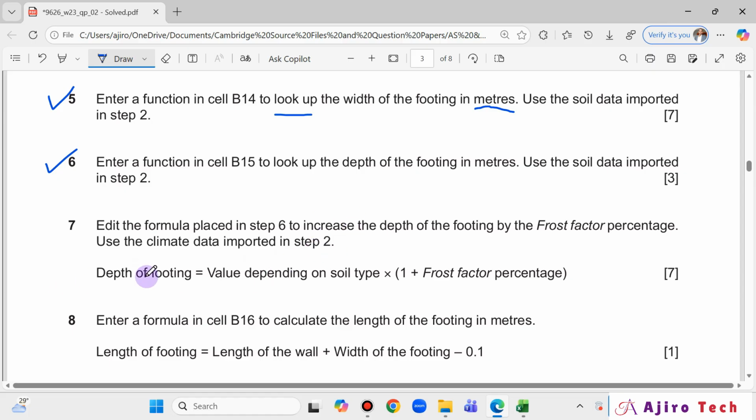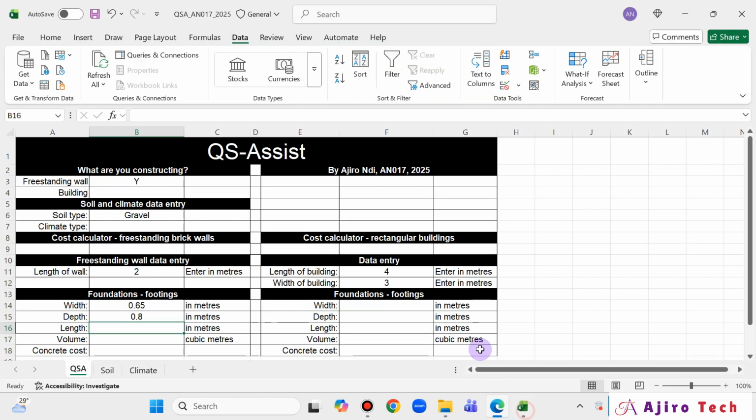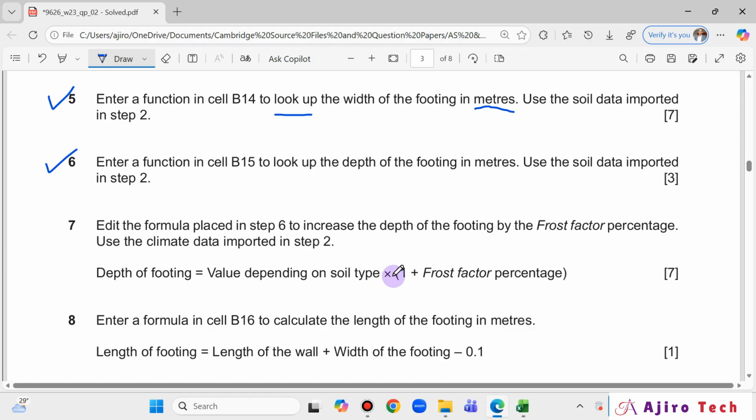So what we are doing here is this, right? The depth of the footing, they gave us a formula, is equal to the value depending on the soil type. Look at it, value depending on the soil type, right? So done, times